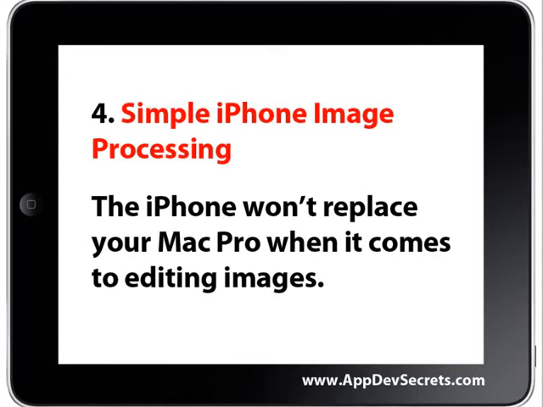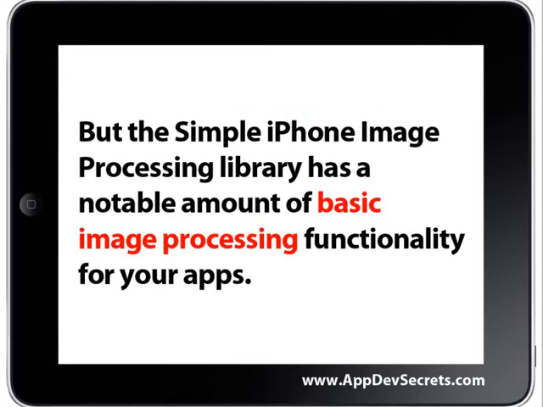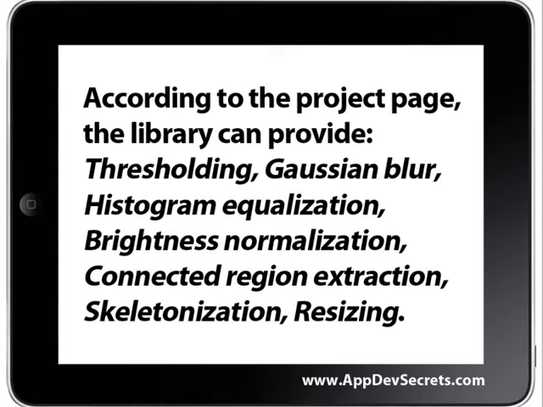4. Simple iPhone Image Processing. The iPhone won't replace your Mac Pro when it comes to editing images. But the simple iPhone image processing library has a notable amount of basic image processing functionality for your apps. According to the project page, the library can provide thresholding, Gaussian blur, histogram equalization, brightness normalization, connected region extraction, skeletonization,